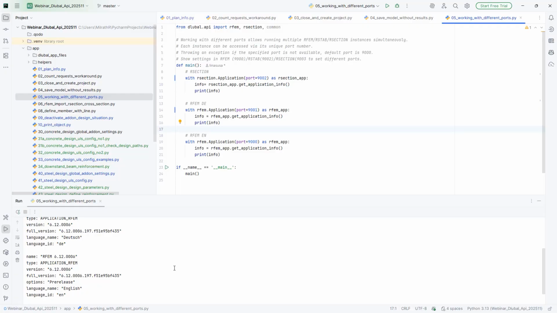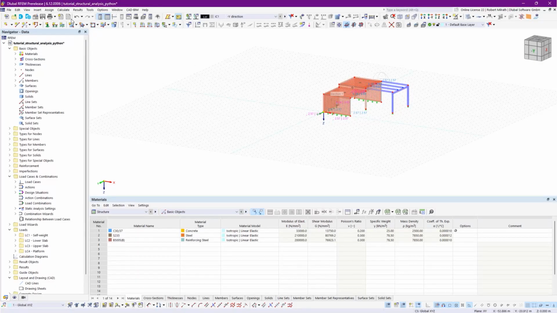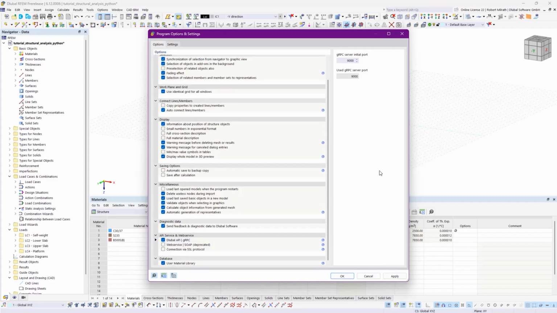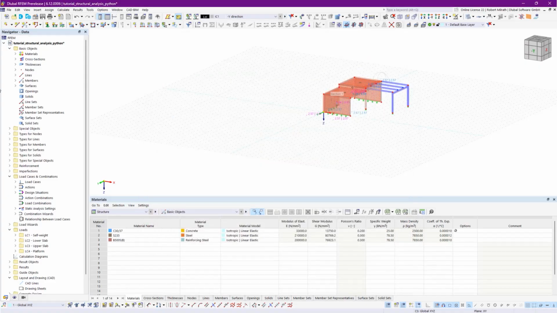You can also give them a start port. Let's say I go to the RFEM program settings. We go down to the Dlubal API, and here you can see the used port. But if you want, you can also set an initial port, and give it a higher number. Then I think you are sure that you always use the right port for the right app. So that's up to you. Okay, why did I show you this? Because